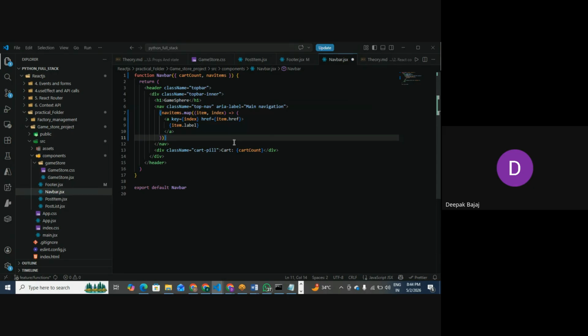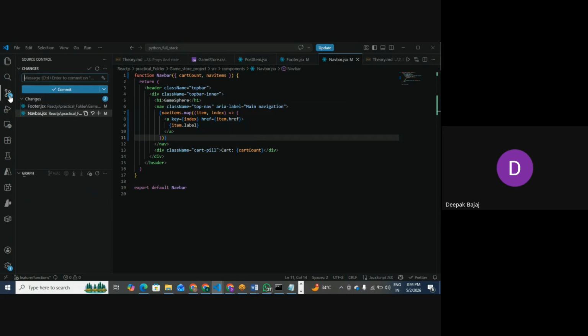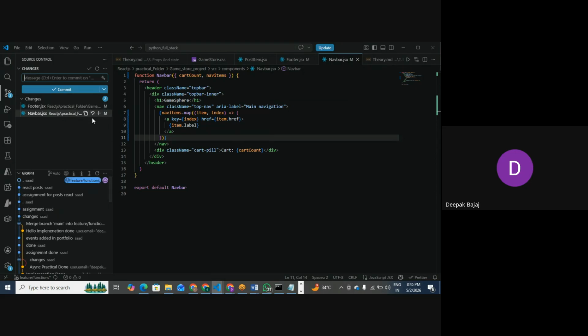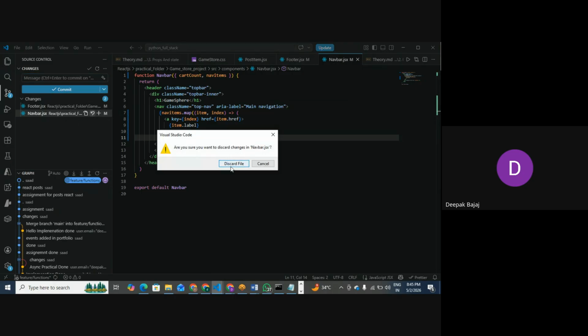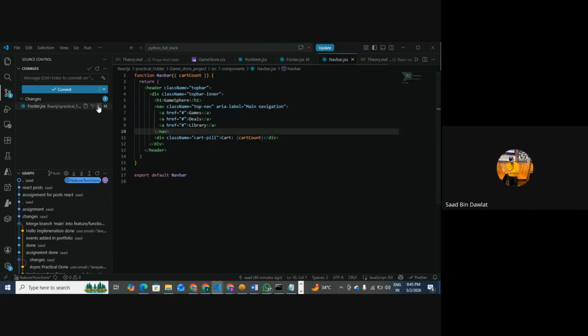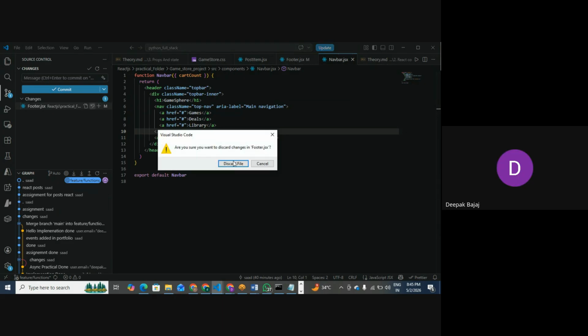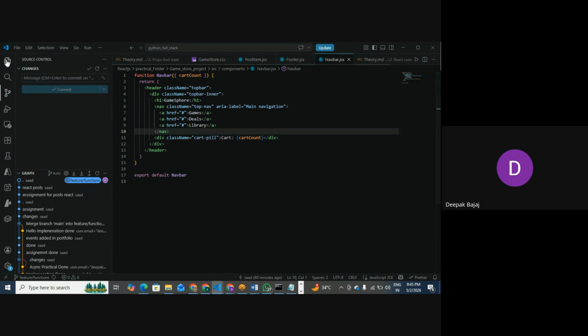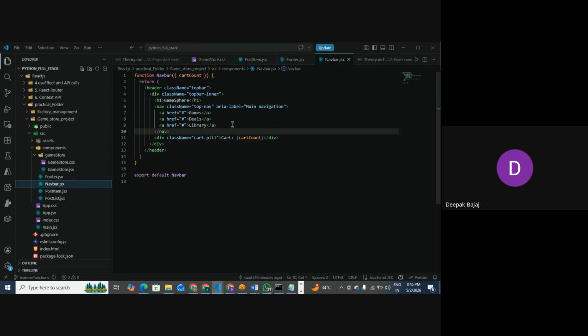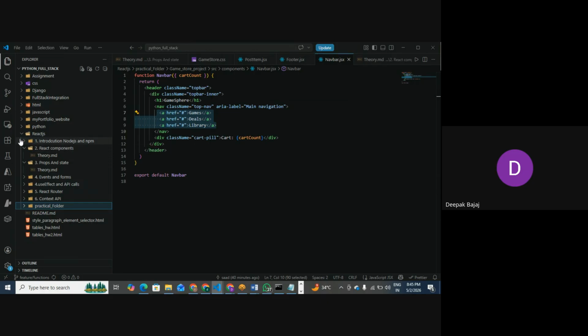So right now I am not changing anything. Just to explain what props are, I made these changes, and I'm reverting them. Now let's go to our topic. Now we are clear about props, why they're required and what the use of this is. Clear? So now we need to move to